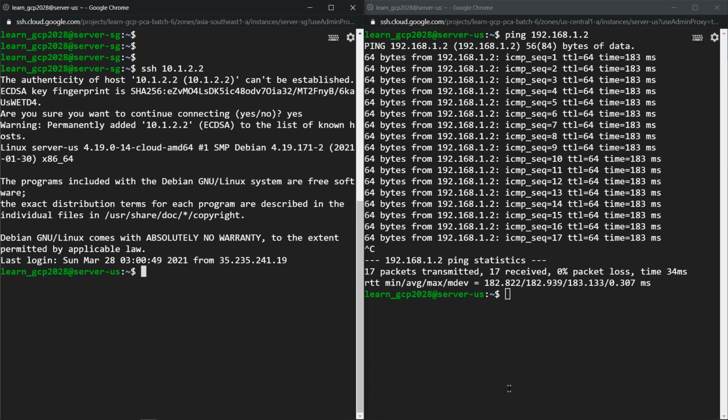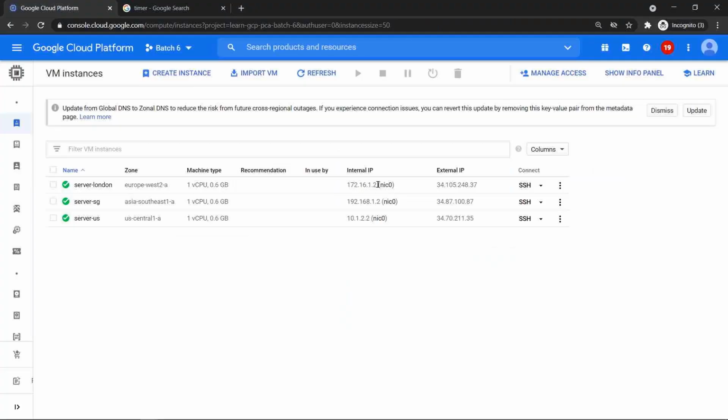Now another difference which we did from what was there in the default VPC is that the class does not have any difference here. As long as it's an internal IP address, I can communicate with an internal IP address easily, is what it mentions. So if you even ping your London server